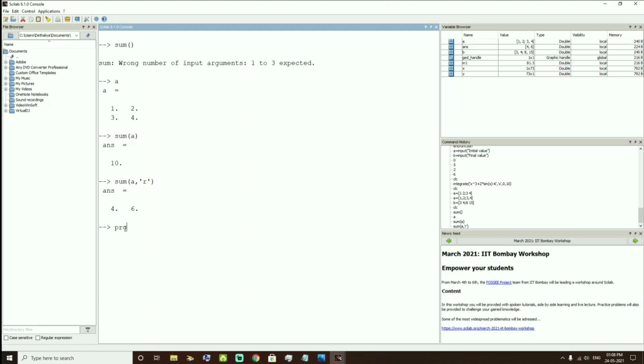product of A, answer is equal to 24. 1 into 2 into 3 into 4. Product of A comma, we can also use C for the column matrix, and it calculates the multiplication in row. 2 into 1 is 2, 3 into 4, we will get the answer 12. Okay,